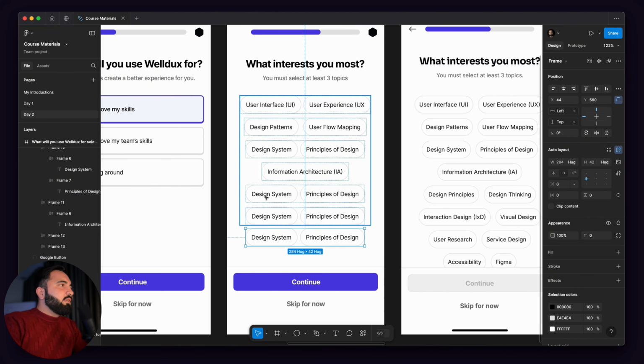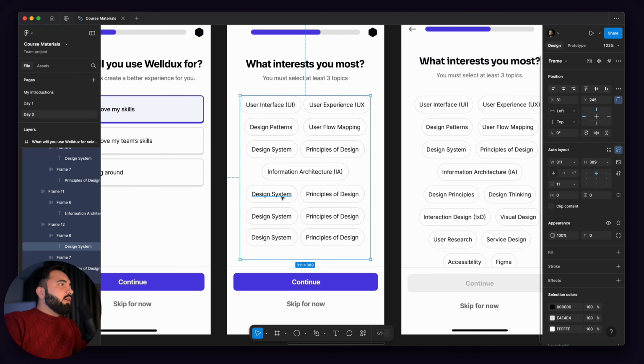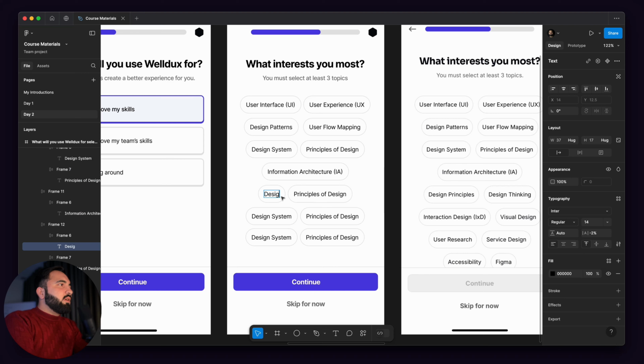I think this is fine, we don't need to cover all of those. And now we have design principles. I'm not sure what is the difference between principles of design and design principles, but okay,